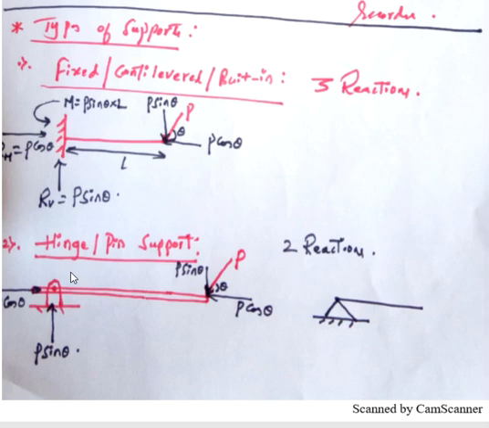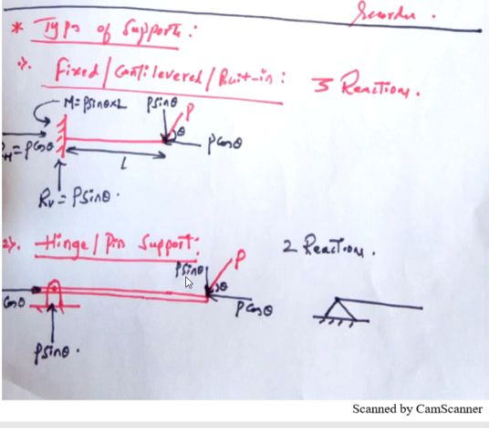How to calculate is, again I am going to apply a force P on this end at an angle theta. This P will get resolved into P cos theta in horizontal direction and P sin theta in vertical direction. Now look at this force. This force is applied in left side direction. Because of this force, this support will not allow the beam to move towards left side. That means it is applying equal and opposite reaction force, that is given by P cos theta. Because of this there is a horizontal reaction.